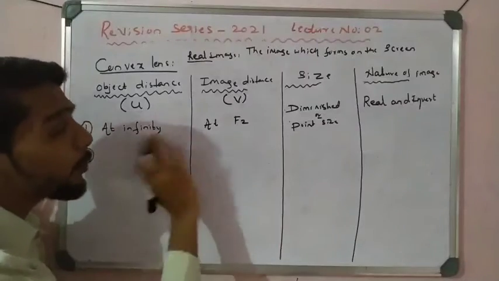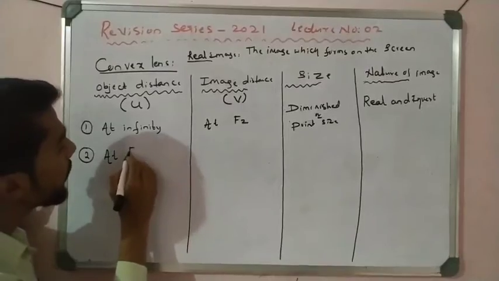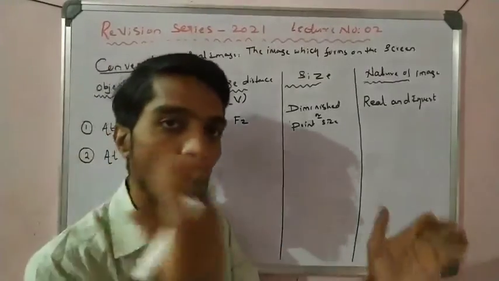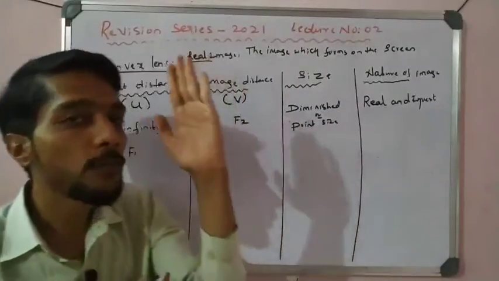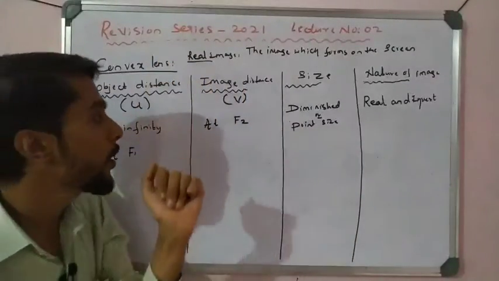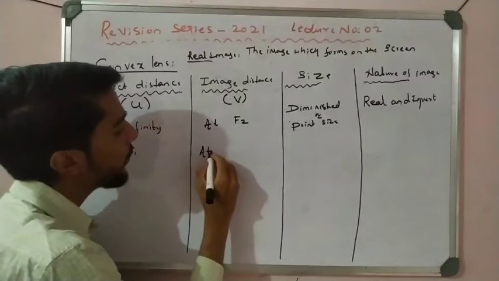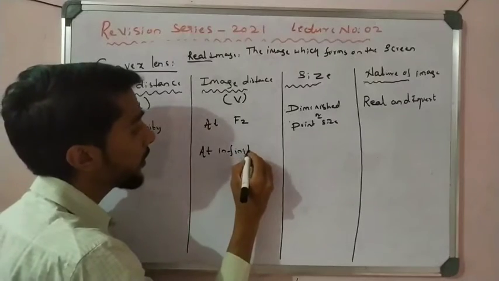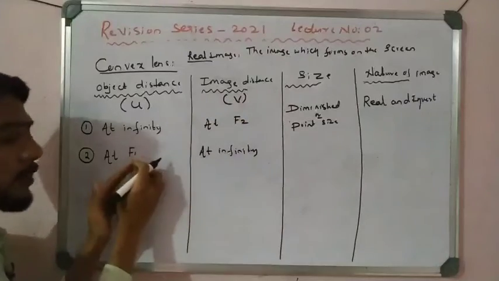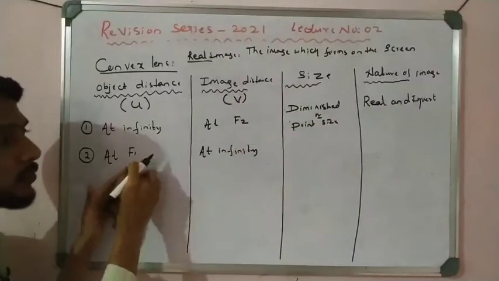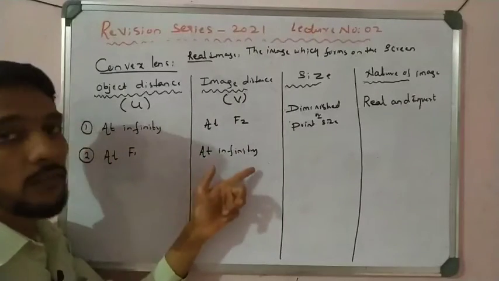So after that, see, I take the opposite. Now I can take the object at F1, okay, and on the left side F1 is there. Because the left side is where we kept the object, I can put the object exactly on F1, that is focus F1. So where is the image? Simply, the image goes to infinity, the image is at infinity, just the opposite cases. F1, that is right side, so F2 is right side and F1 is left side, so it is a cross. See, infinity, F2, F1, infinity, that is a cross case.